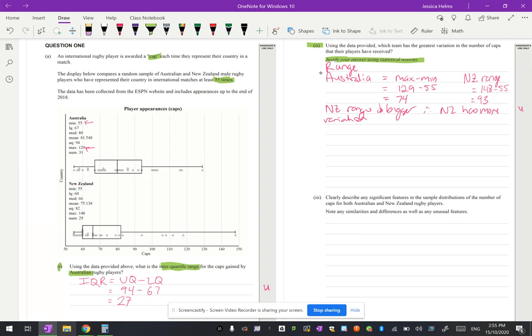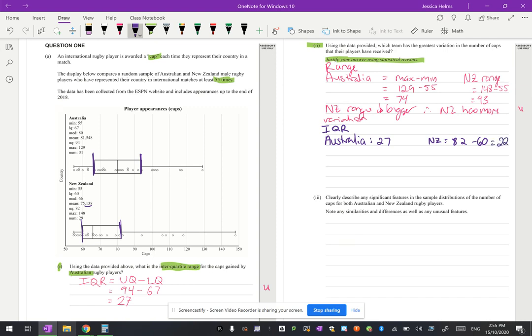So this is why for this particular case, probably looking at the interquartile range is a little bit of a better idea. So if we look at the interquartile range, so remember that's the middle 50%, where the bulk of the data is, and where most of the data is sitting anyways. Most of it's spread here anyways. So that probably is going to give us a better indication. So the interquartile range for Australia, we've already done, and that is 27. And the interquartile range for New Zealand is equal to this minus this. So 82 minus 60, and that is equal to 22.